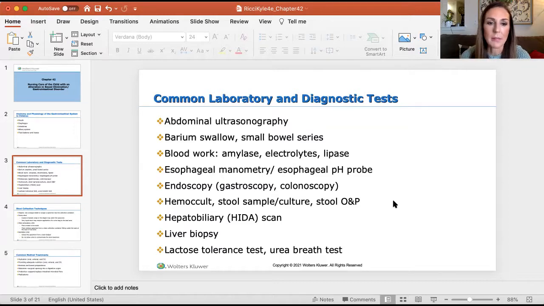A HIDA scan, that's a hepatobiliary scan. Basically, that's going to check out the function of the gallbladder. It's nuclear medicine. So basically they're going to put nuclear medicine into the child, and that nuclear medicine attaches to the gallbladder cells. And then they take an image, let you lay down, and basically if that radioactive activity spikes up in real bright colors, then you know that there's a disease of that gallbladder,